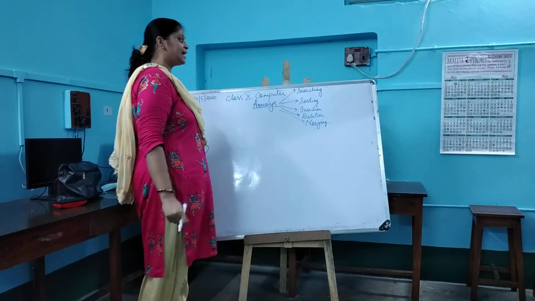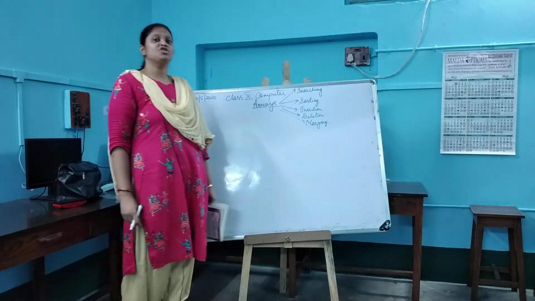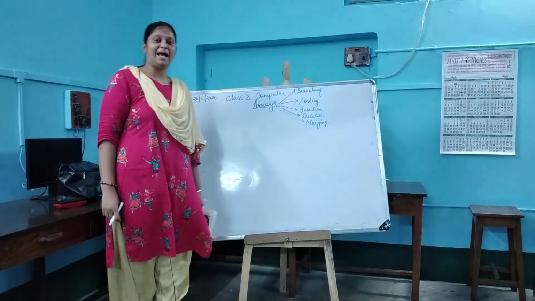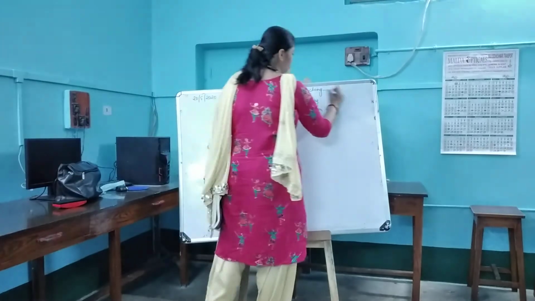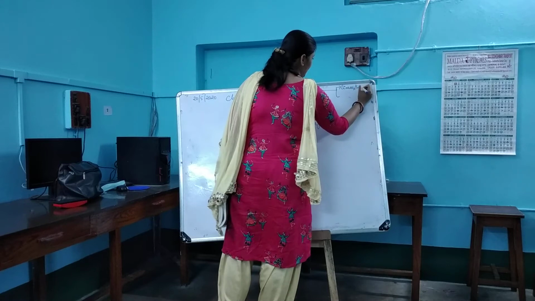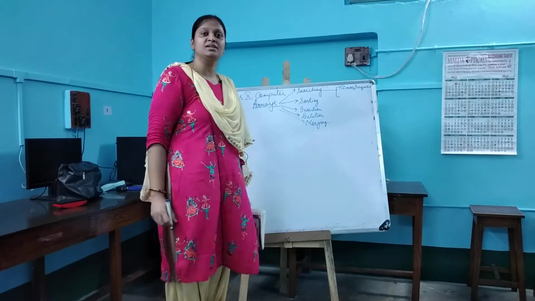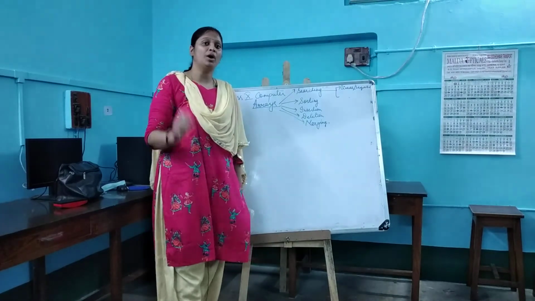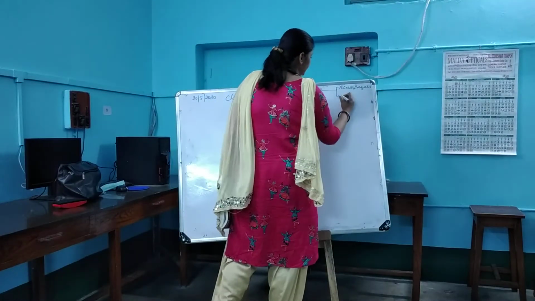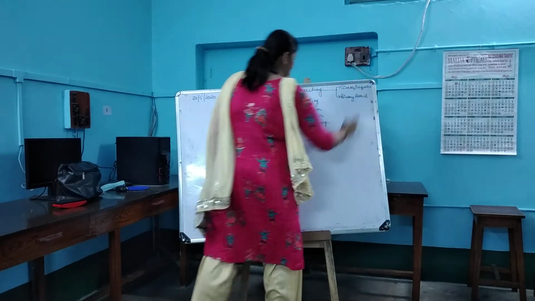In my last class, I told you about searching, that what is searching. When you want to search a particular element from the list of elements, that is called searching. And searching is divided into two parts. One is linear search, which is also called sequential search. I showed you one program based on linear search where we follow a sequential order while searching an element. And the second type of searching is binary search, which I am going to do today.